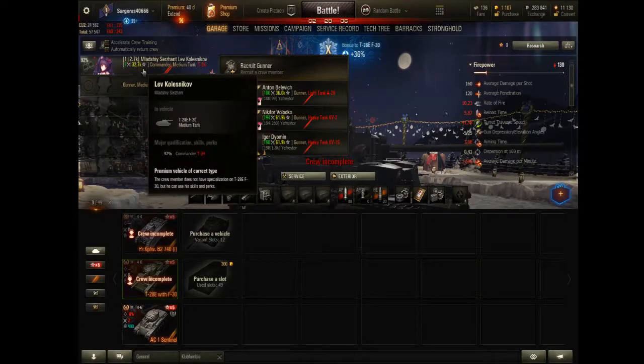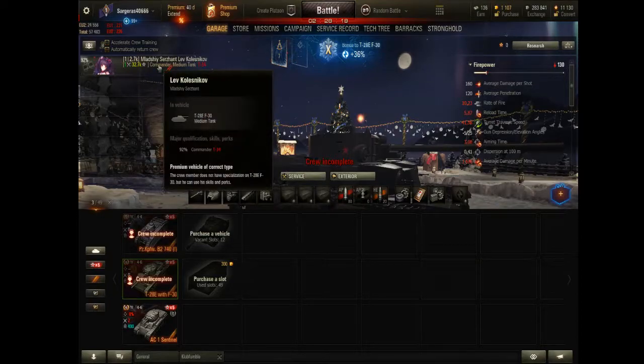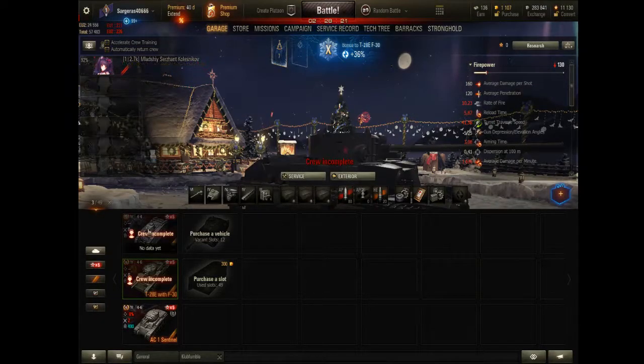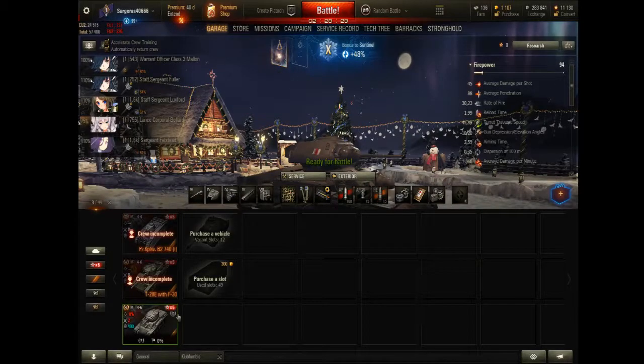I think I threw away the crew, yeah, because these tanks do not come with a crew at all. So I could probably take the tier 3 tank and put its crew in here, since now I have that, and I have this T-34 commander up. So yeah, moving on. The AC-1 Sentinel, which is actually the only tank that I was quite excited to get,